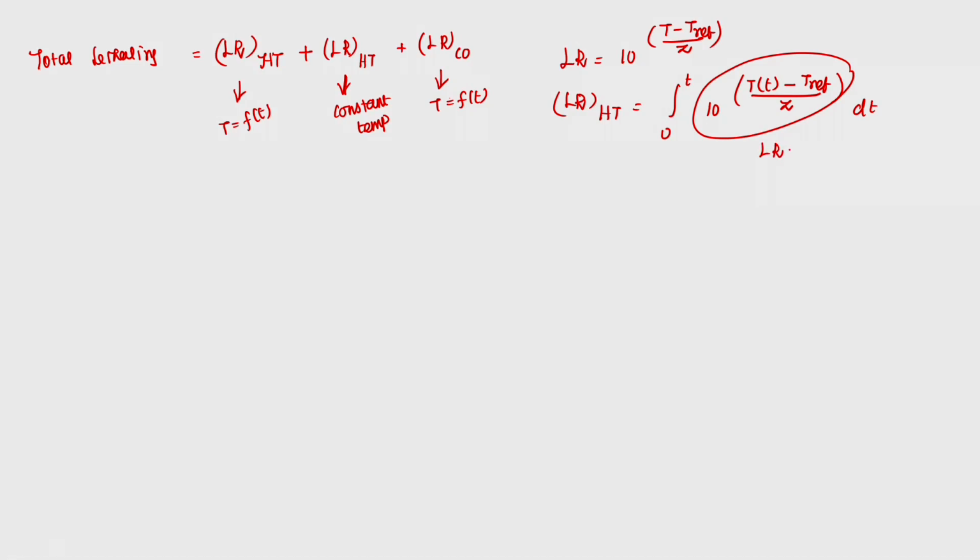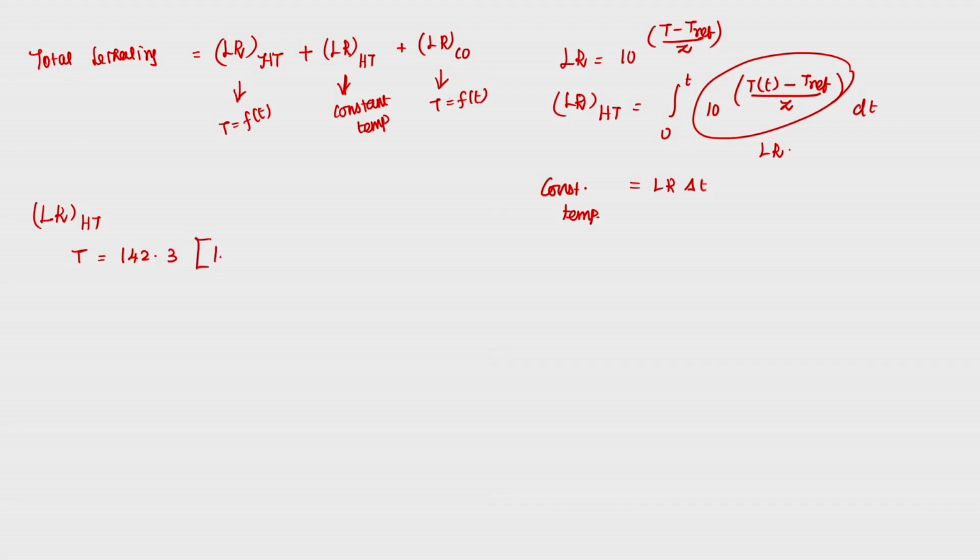So, if it is a constant temperature process, it is nothing but LR into del T. Right. So, based on which we are going to calculate first in the heating section, HT. If you remember, the temperature relation is given, which is nothing but T equal to